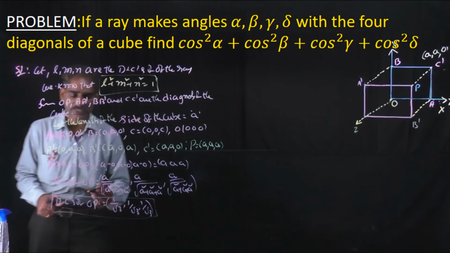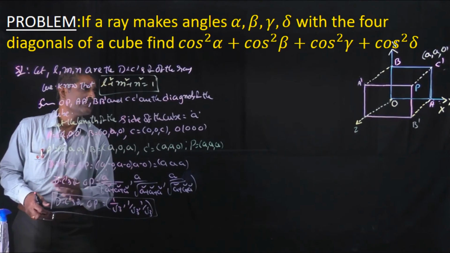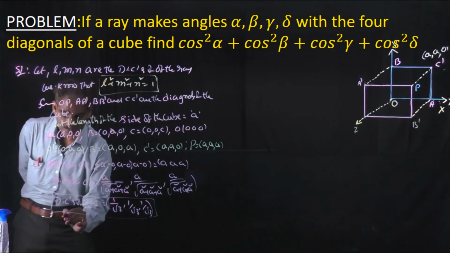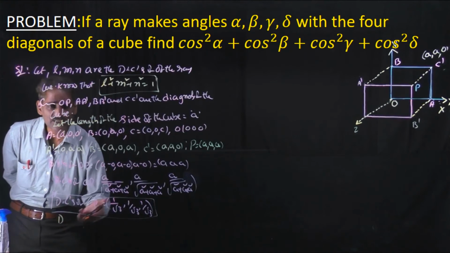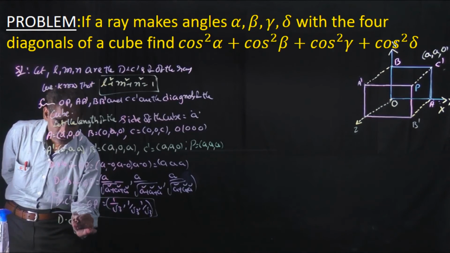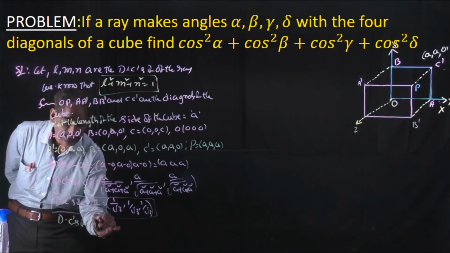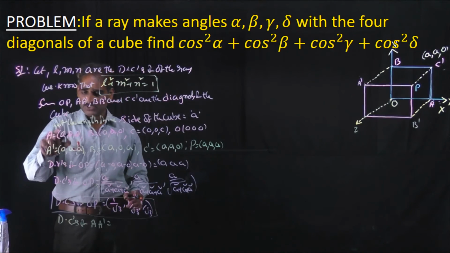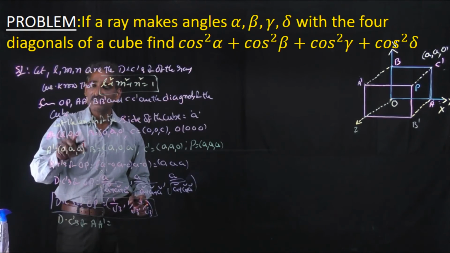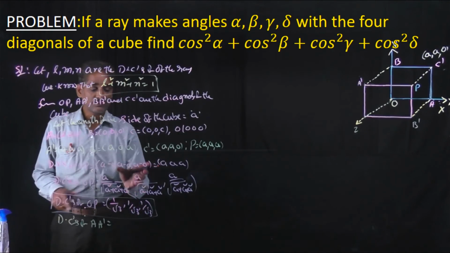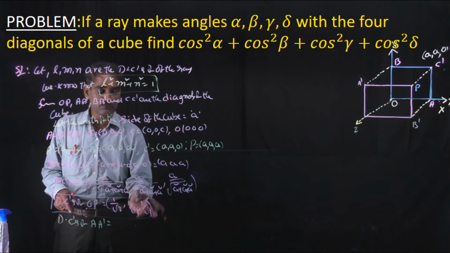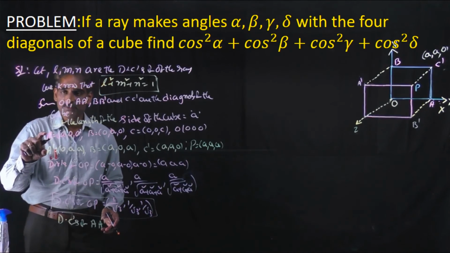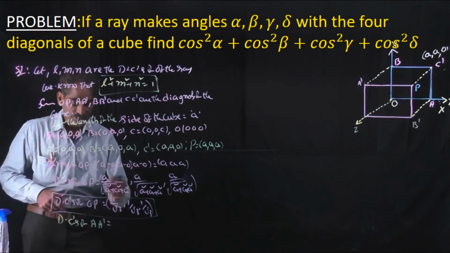So this is one of the diagonals. And what about the diagonal A dash? Now come to the DCs of A dash, we can write it directly also. Just observe that here, A and A dash, so from the DCs point of view, it is minus A. Understand? If the DCs of A are 1 by root 3, 1 by root 3, 1 by root 3, then in place of the DCs of A dash, what will happen? Minus A.